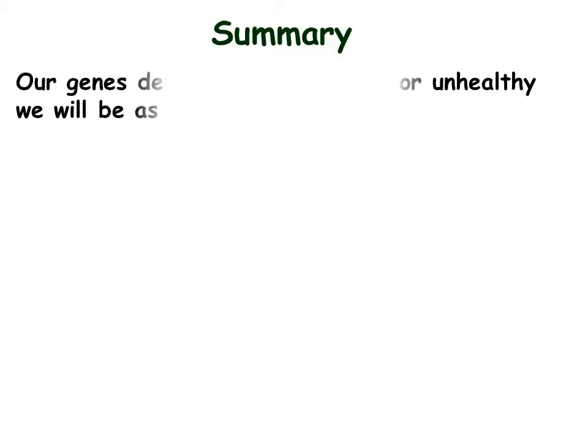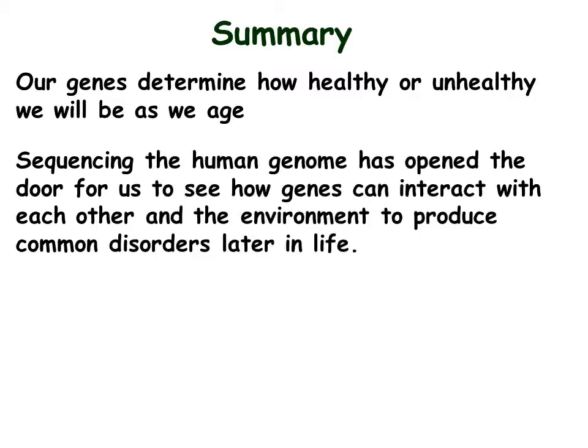This is a summary slide for chapters 14 and 15. Our genes do determine how healthy or unhealthy we will be as we age. This is a truth, okay? Environmental factors will also come into play, but how we respond to things and don't respond are determined by the genes that we inherit. Sequencing the human genome has opened the door for us to see how genes can interact with each other